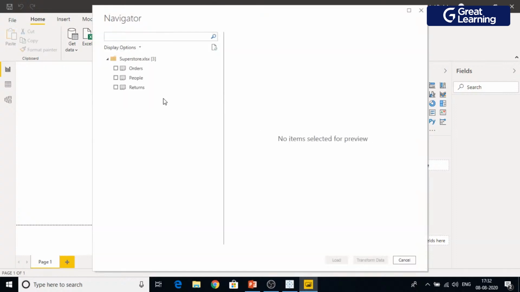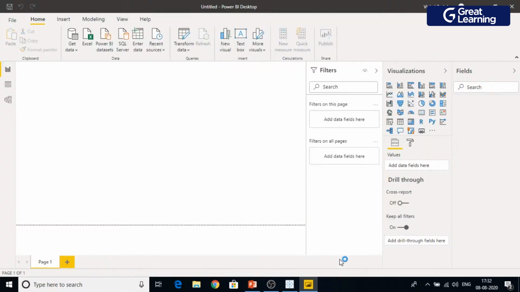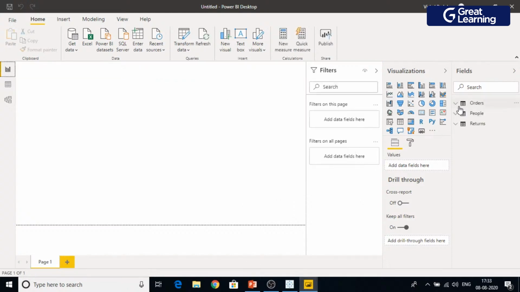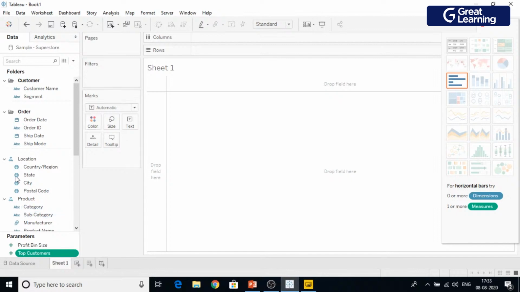And in Power BI, if you are importing data, it would give you an option as to what data you want to load. I've just said yes to all the data that was there. And I'll just load all the data that is there at my disposal. See guys, all the data has come here on the right hand side, right? So I can play with the visualizations here. In Tableau, it is on the left hand side, right? If you talk about Power BI,